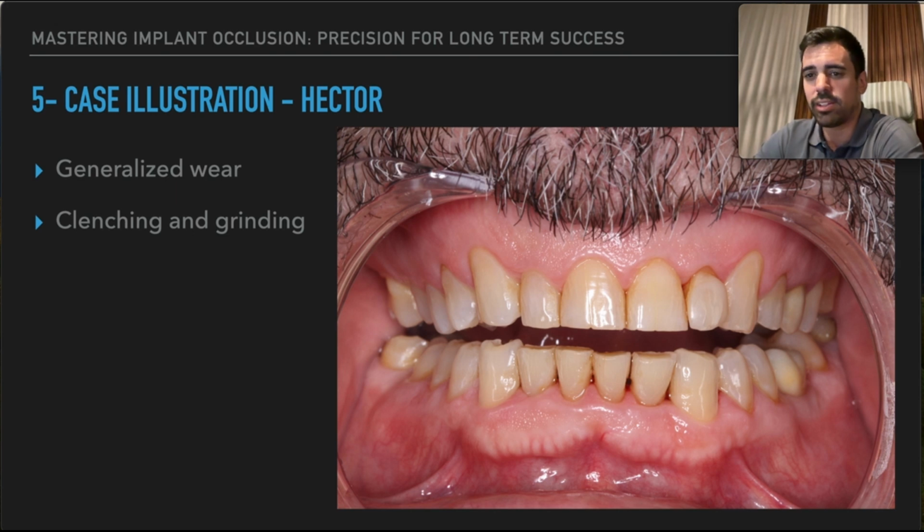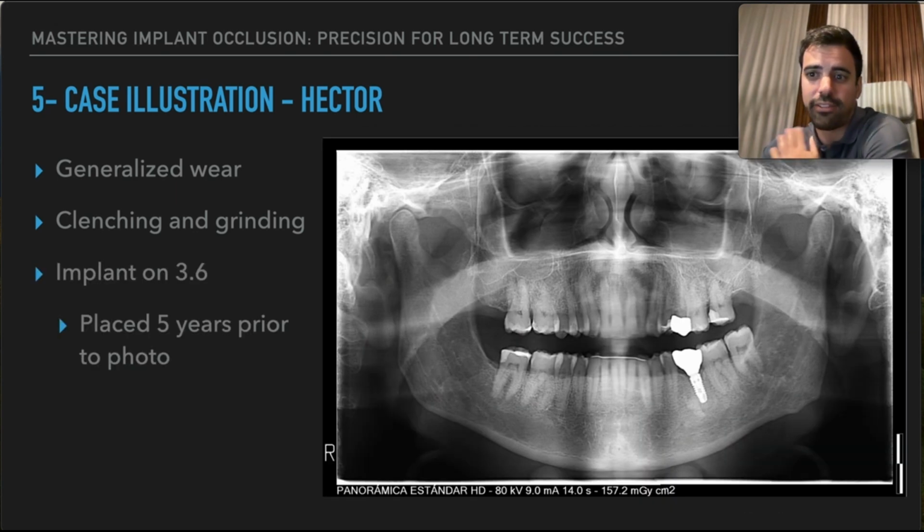He was wearing splints at night, but through the day he was still clenching, he was still grinding. And then he had an implant placed. I didn't place that implant, 5 years back, 5 years before I did anything. I saw him. So the implant is there. Doesn't seem to have any trouble so far. He was doing okay. You have a zirconia crown on top